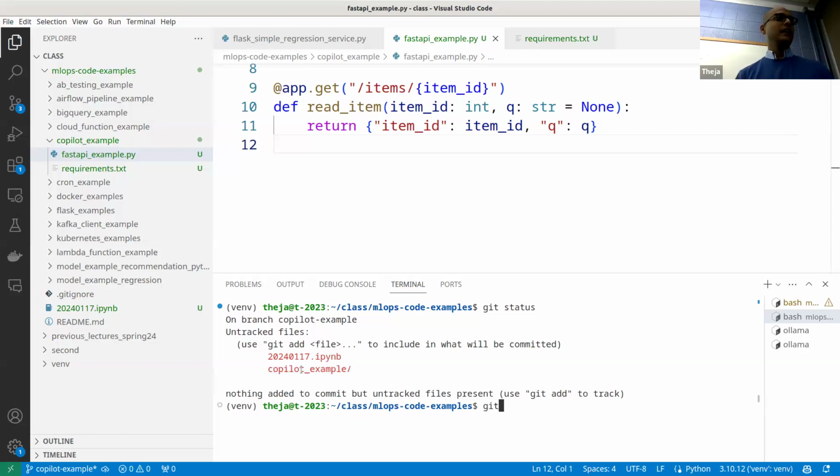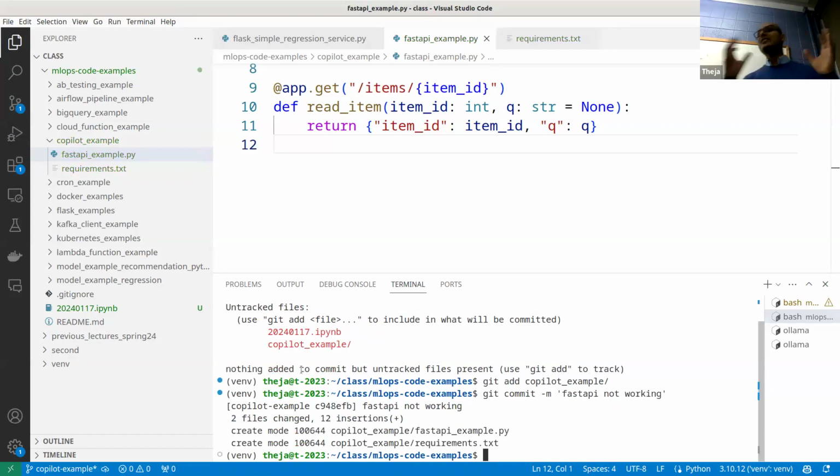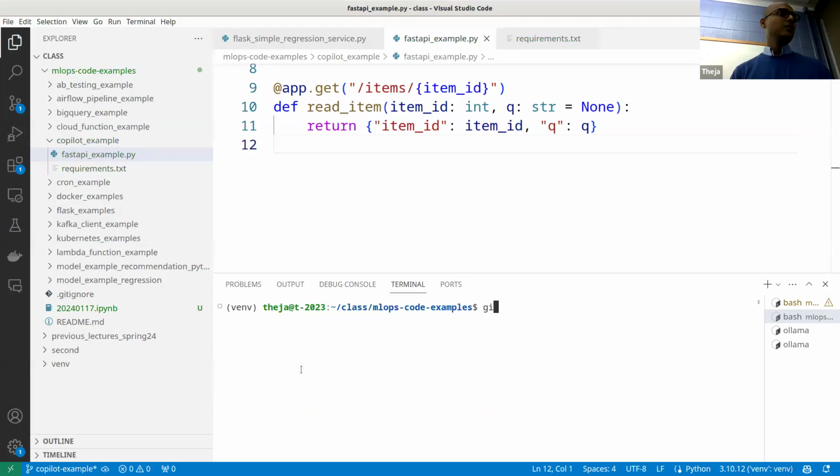So we'll do git. This addition and committing process, you can actually do in one step, but let's do it like this: git add, and then git commit with a message, "FastAPI not working." You can keep it more informative, but okay, we added this, right? So if you now look at Git,